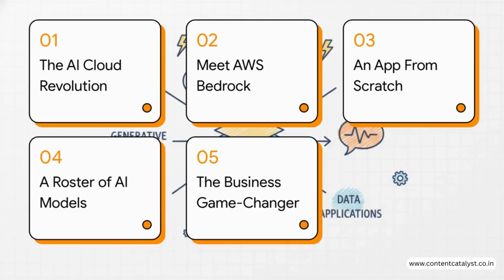So, here's our game plan. First up, we'll talk about the big picture, what we're calling the AI cloud revolution. Then we'll get introduced to the core tech here, which is AWS Bedrock. After that, we're going to walk through building a simple app from scratch, look at all the different AI brains you can use, and finally, we'll tie it all together to see why this is such a huge deal for